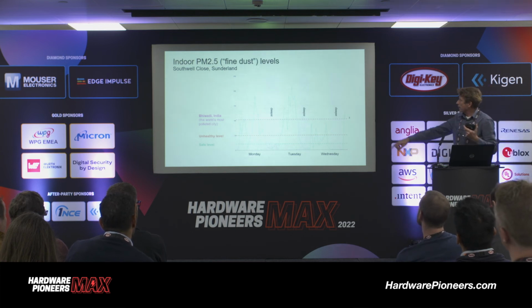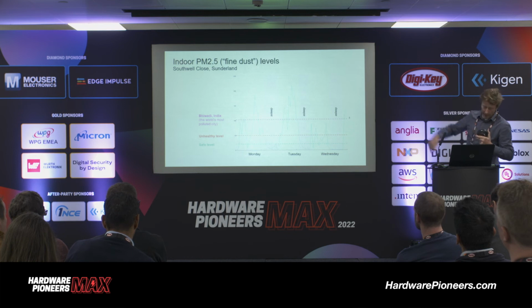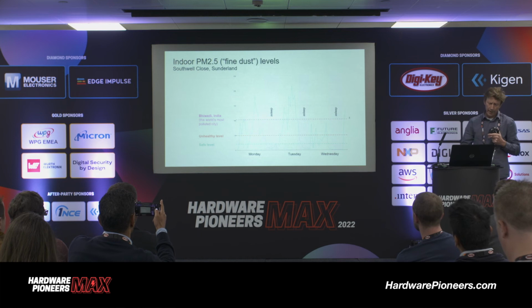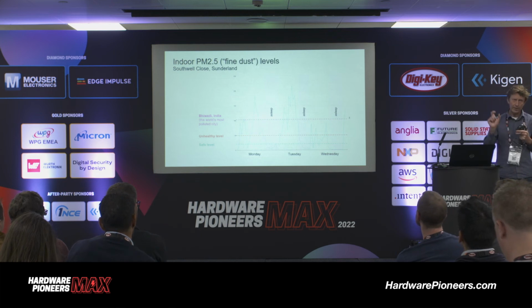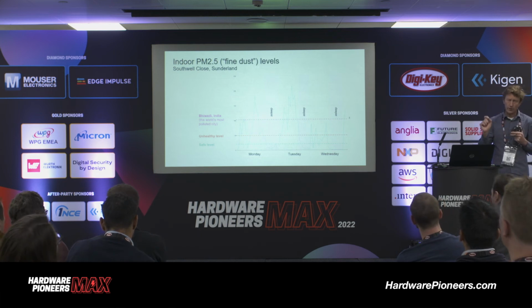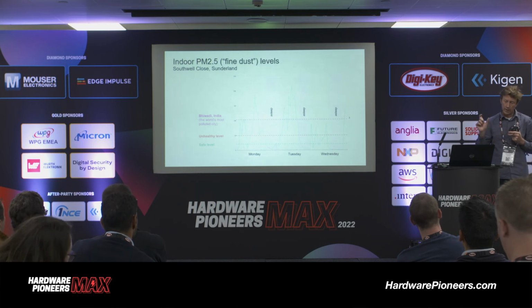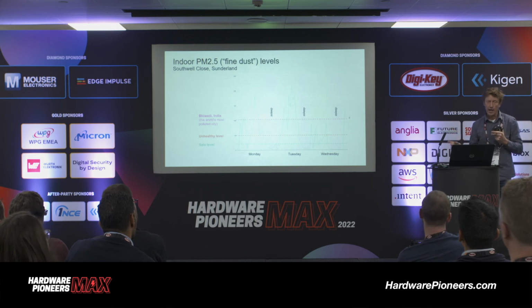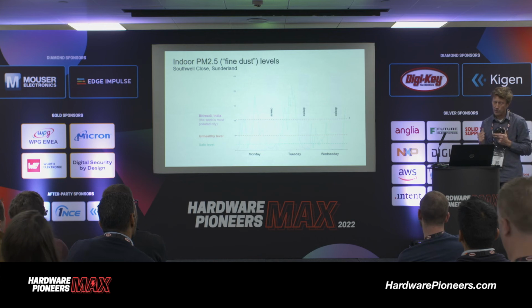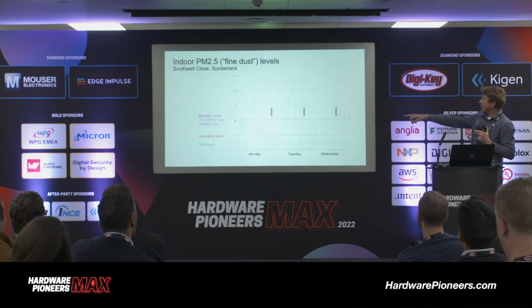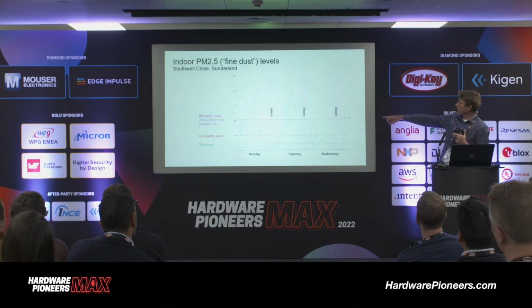So this line here at the 100 micrograms is PM 2.5. To give you just an explanation about PM 2.5 really quickly, it is particulate matter. They're tiny, tiny particles that are 2.5 microns or less. A human hair is 60 microns, so this is about a 20th of the size of a human hair. You can breathe them in, they go into your bloodstream and potentially stay there. It's really, really dangerous. And the world's most populated city, in India, is running at an average of 100 micrograms per cubic metre of this fine dust.